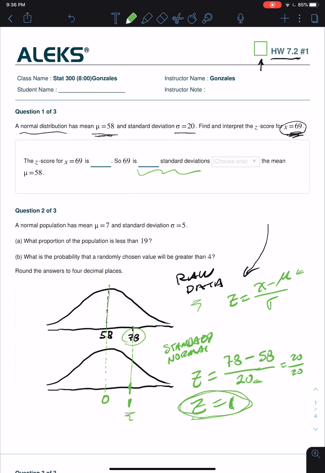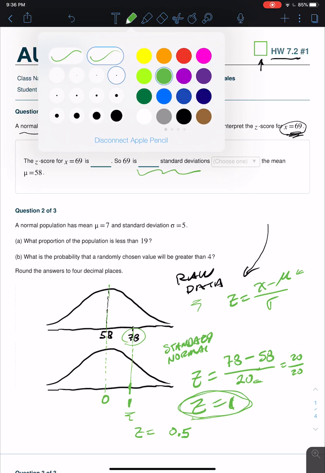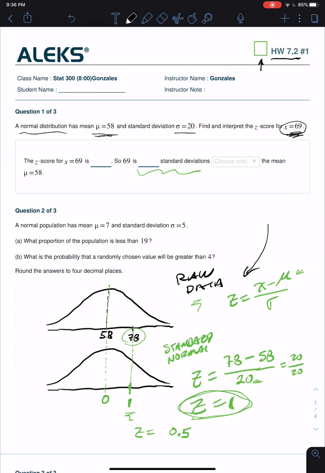Well, what is a half? What if z equals 0.5? A half, z equals half. Well, in the raw data, that half would be how many? What's half of 20? That would be 10 points. Let's do that. So if we took a look,